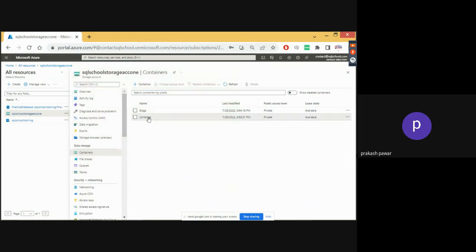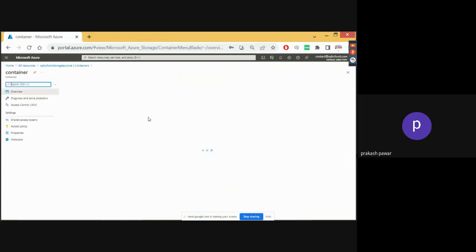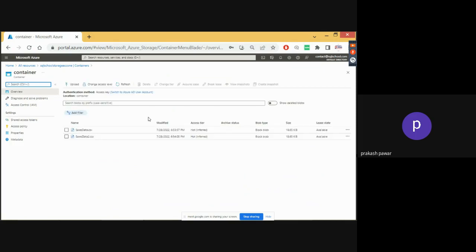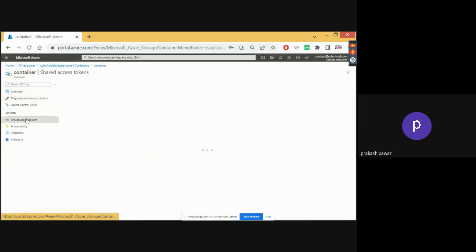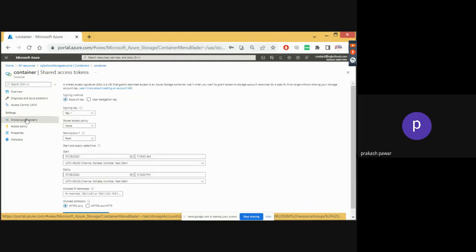You remember yesterday's class? Storage account, container, etc. Yes, sir. On the left side you see Shared access token. This one. Click on Shared access token,